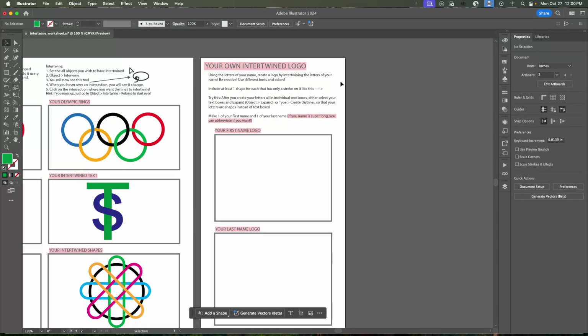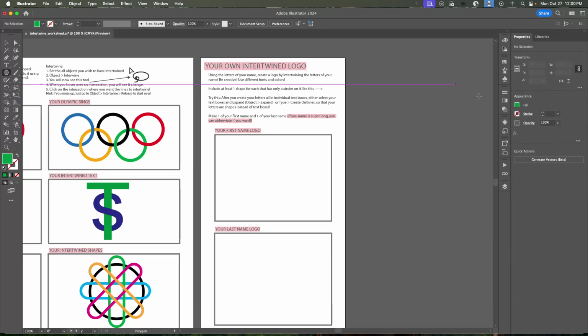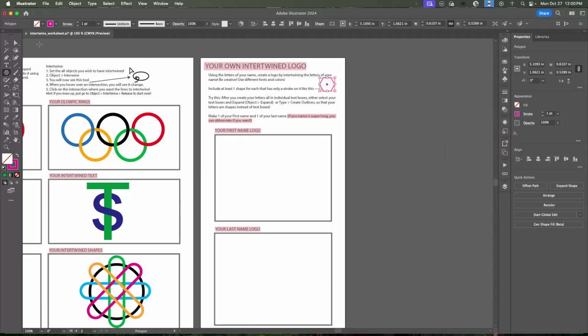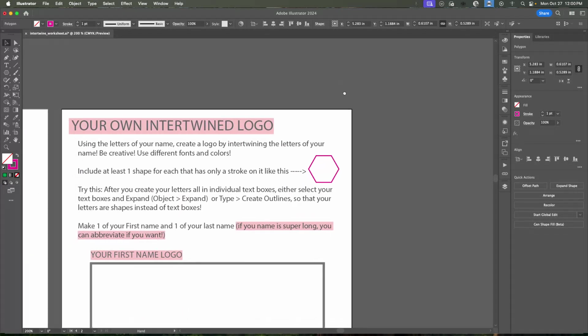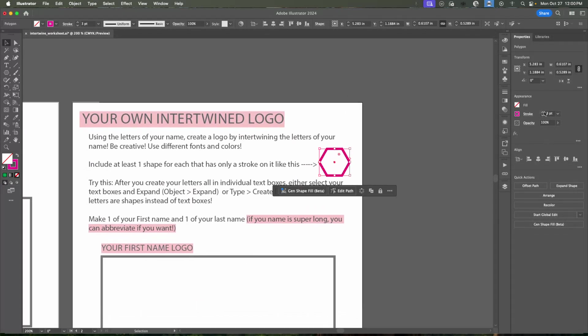Alright guys, so I couldn't find the sample, so I'll just make one here. When it's talking about a shape, I'm going to just use the polygon tool. I don't want it to have a fill, but for the stroke, let's just do pink because that's my favorite color. Make one, grab your selection tool and adjust it. I'm just showing you this as an example. But all I'm asking is that there is some shape